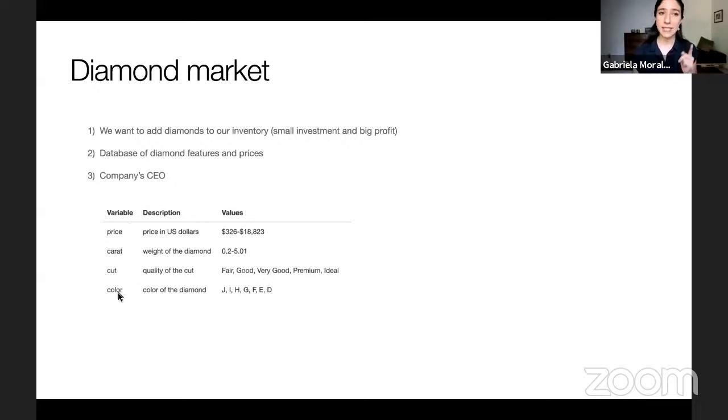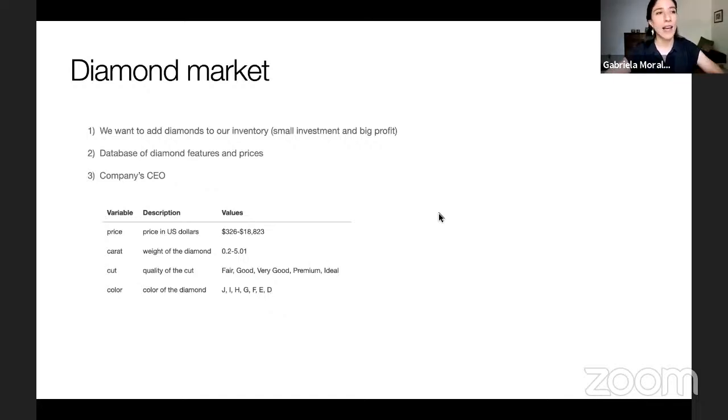We have these 4 variables that we're going to use. The price, that's a numerical variable. The carat, which is also numerical, which is the weight of the diamond. The cut, which is the quality of the cut, which is a category from fair to ideal. And the color, which is also like the opacity of the diamond. That's also a category from J to D, J being the least nice and D being the clearest color of them.